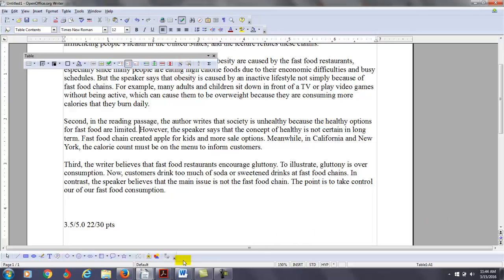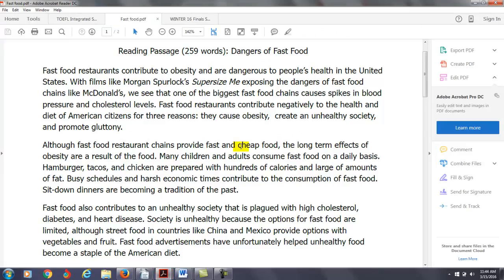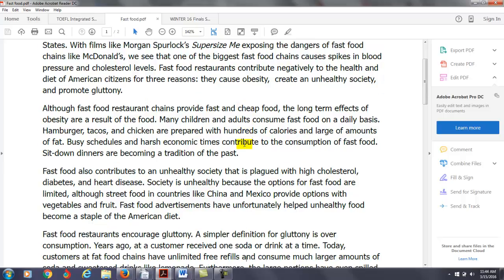Okay, let's take a look. Do we need to say anything else here? You probably want to say this too. High cholesterol, diabetes, and heart disease.